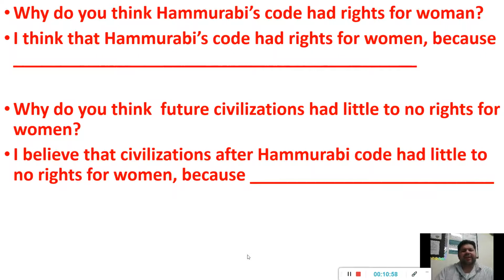So my question to you is, why do you think Hammurabi's code had rights for women? Why include them? Right? So think about it. Why would this ancient civilization have mentioned that women deserve some rights? Okay. The second question is, why do you think future civilizations had little to no rights for women? So why would these guys in ancient times have mentioned women have the right to this, to that, and but after that, there's like nothing for centuries